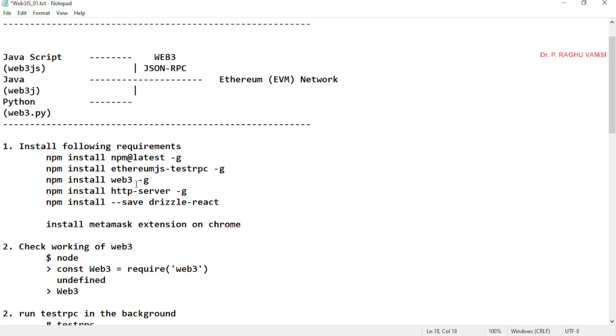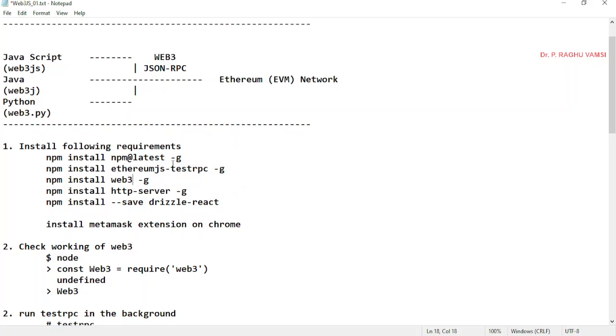So that is the reason, whenever you are installing a certain package, don't install it globally. Instead, you may install it locally without -g. This is the way you can install a specific version of the web3 API locally, and you can work in a local environment.